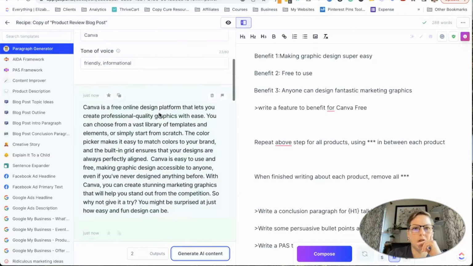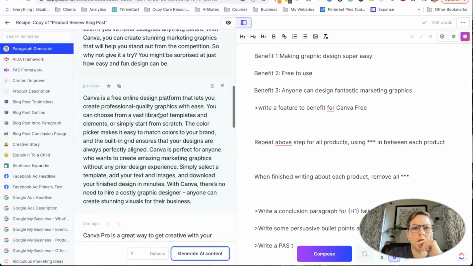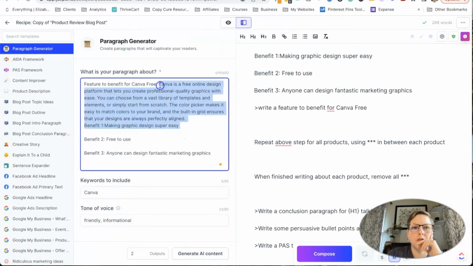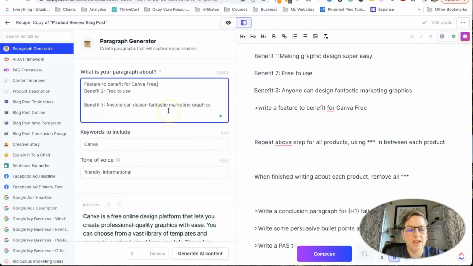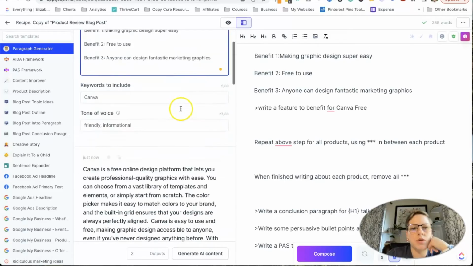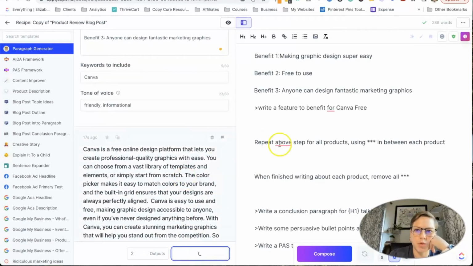All right, so it really just did the same thing. Okay, let's try getting rid of this. And sometimes you have to play around with it, and that's okay. But like I said, the more you know how to use it, the better content it will create and the less time you'll have to spend editing later on.